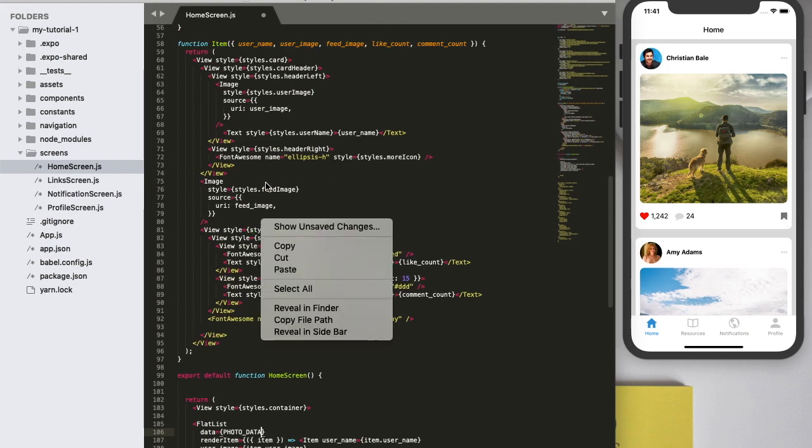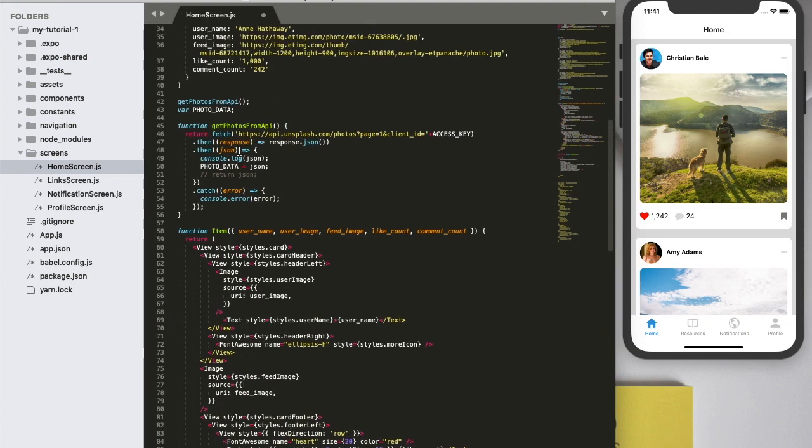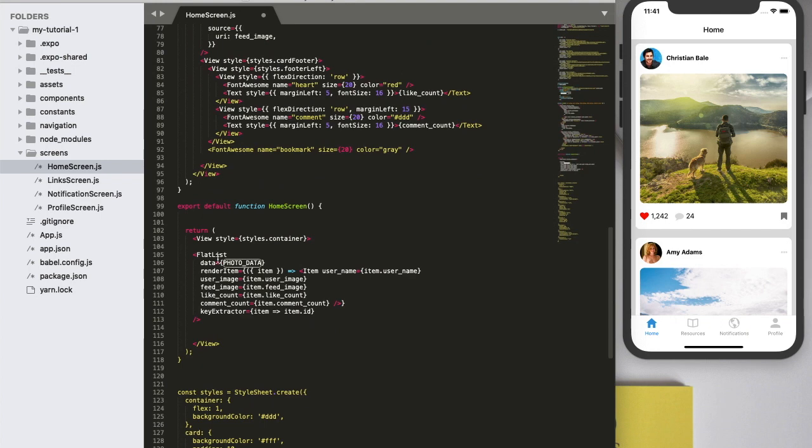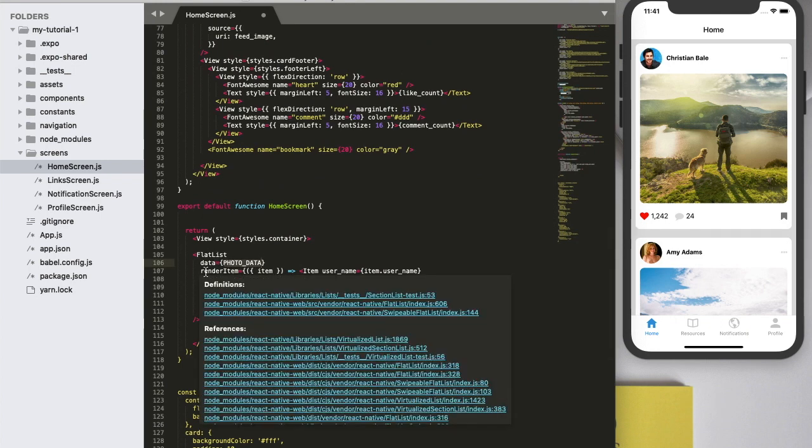Now we are fetching photos from this API using this request and our access key, and we are setting the response into photo data, and we are saying this photo data needs to be fetched using flat list.